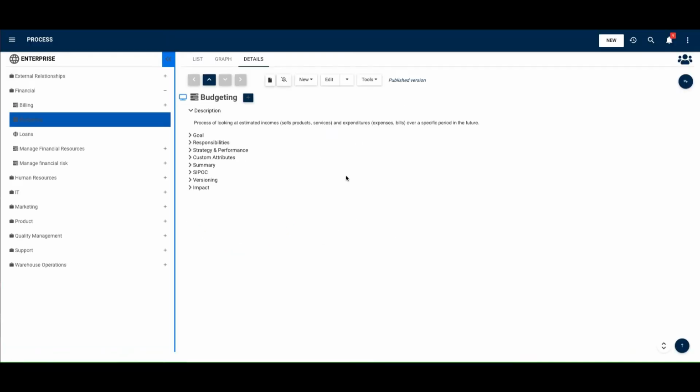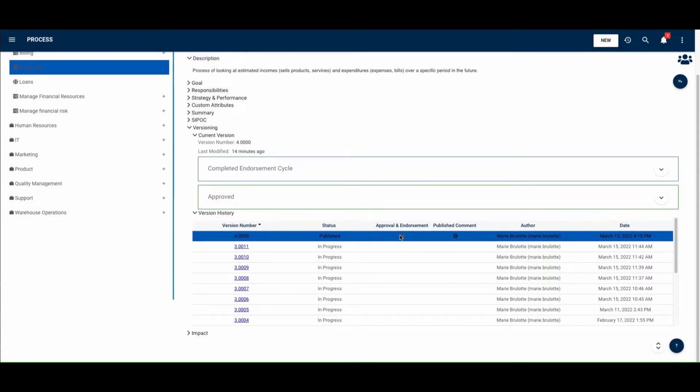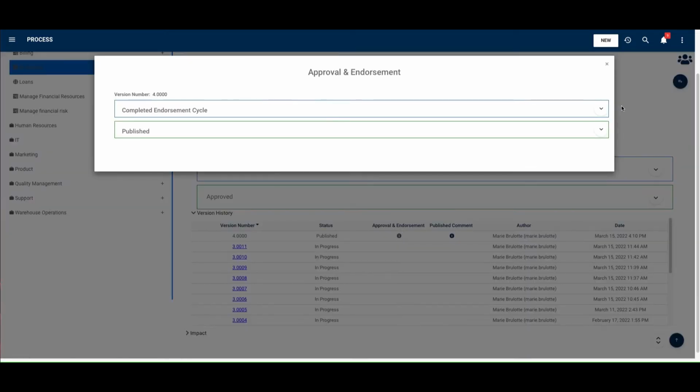Let's suppose we were newly added as the role that is responsible for the budgeting process, and we want to know more about the past approval and endorsement cycles. All that information is available in the version history section of every EPC object, under Approval and Endorsement, next to the corresponding version numbers. When opened, we can expand the endorsement and approval sections, in which we can see all